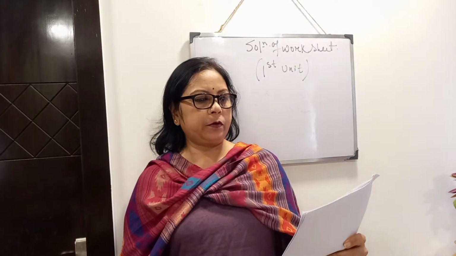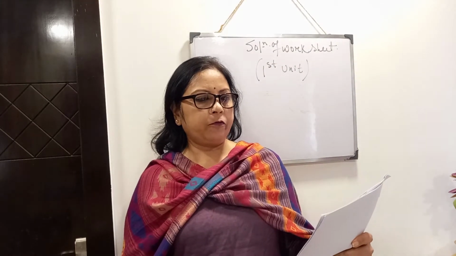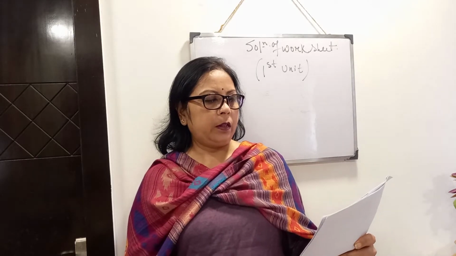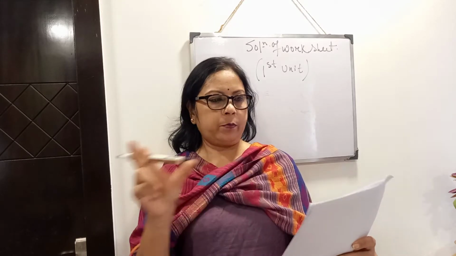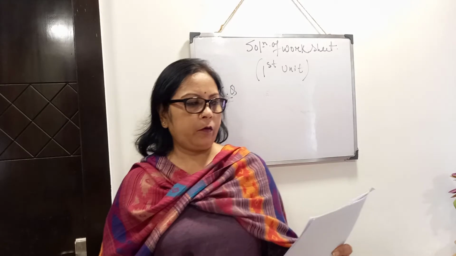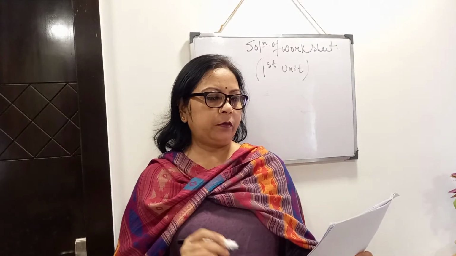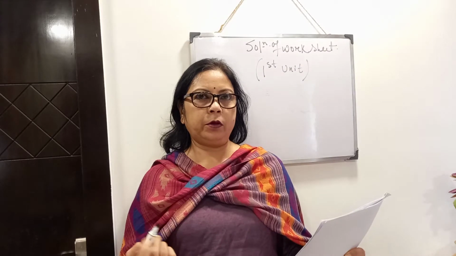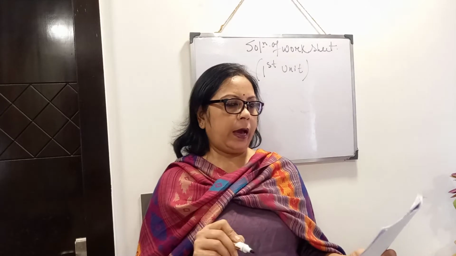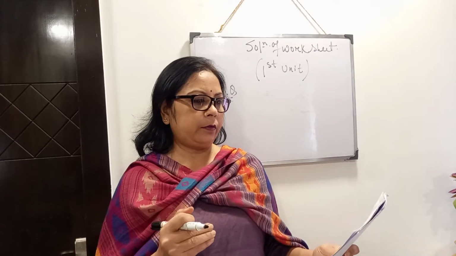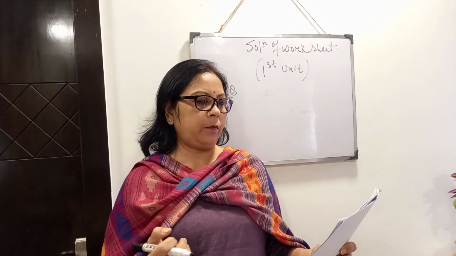Okay. Sum number 1. Principal becomes double in 20 years at a fixed rate of SI. The principal will be 3 times at the same rate of interest in, you have to find, options are given, years. Okay, in first what they have told, a principal becomes double. That means amount, if principal be P, amount will be twice of P. And time given 20 years. And rate not given.